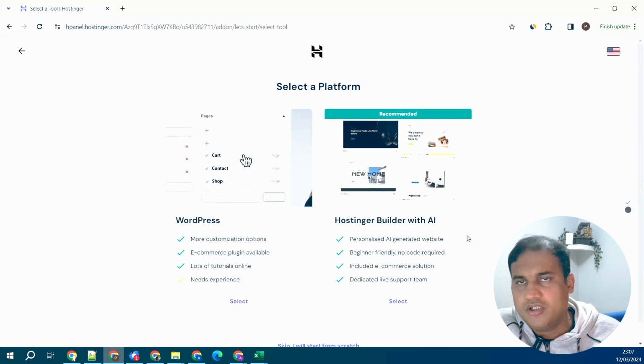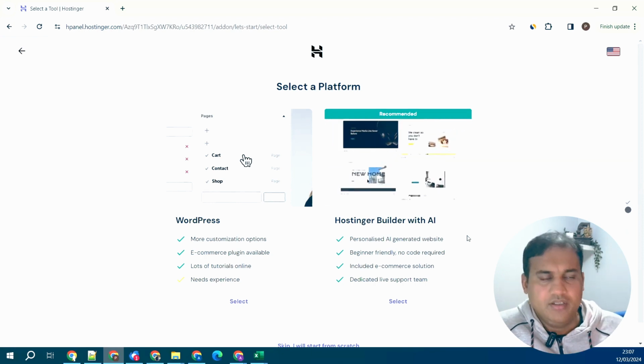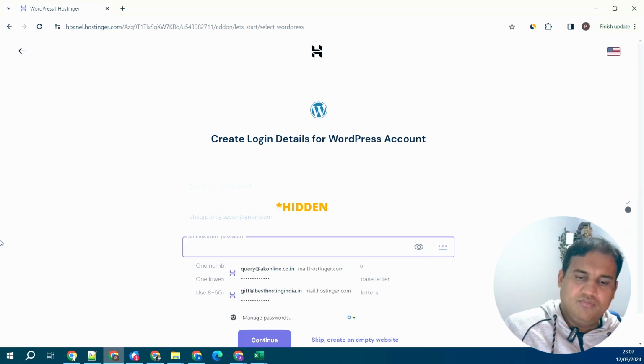However, hosting providers nowadays provide their AI capabilities as well, which can build a website. But people go with WordPress as it is much more customizable, much more flexible, and it has a lot of options which you can use. So I would recommend going with WordPress. Click on select. Make sure the password you put in here